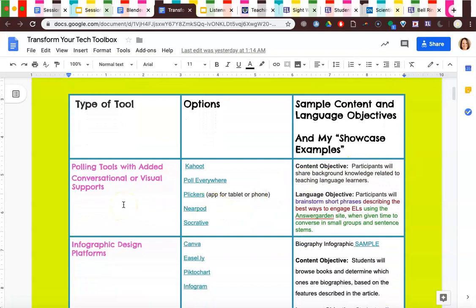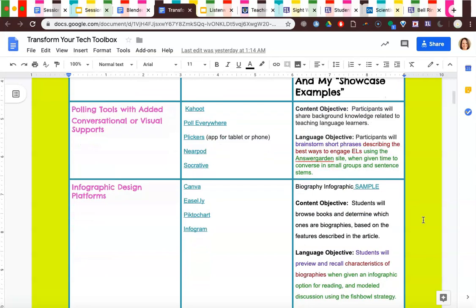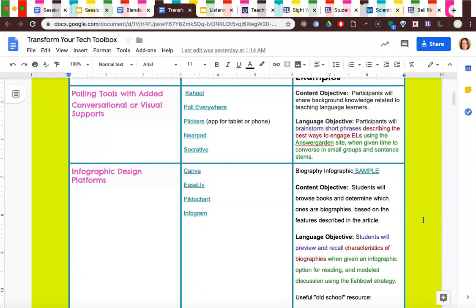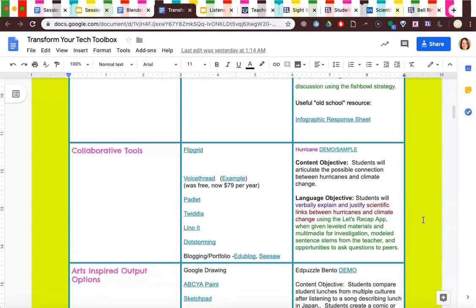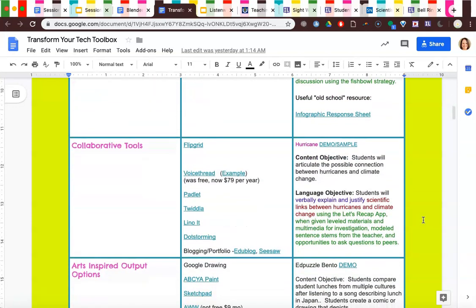So tool categories, specific tools within that category, and what would your content or language objective look like with that tool? These are just examples. It doesn't mean that this is the only content and language objective pair that could work with all of these, but it's a sample that you could use. So we have polling tools that support conversation, infographic designing platforms, different collaborative tools,